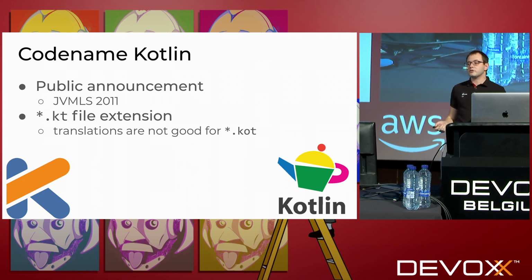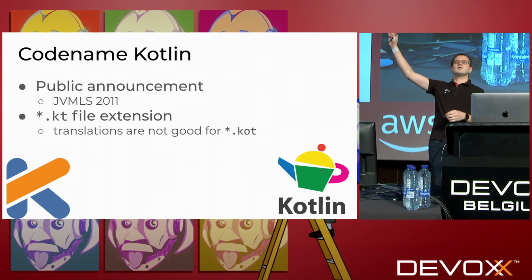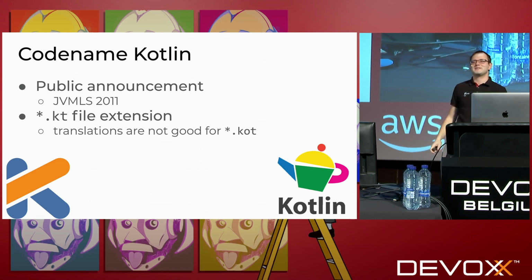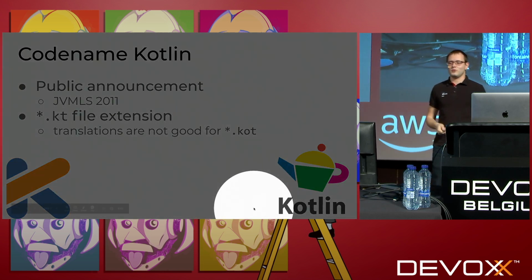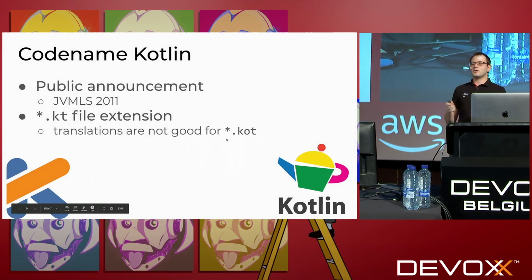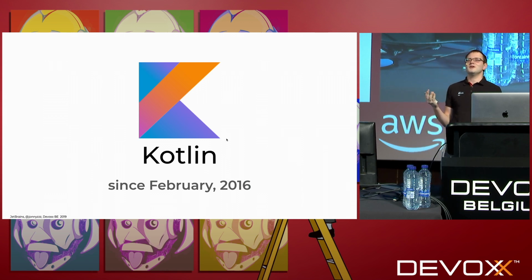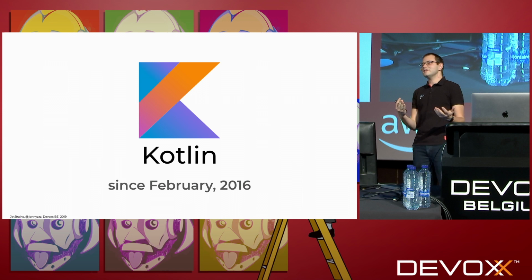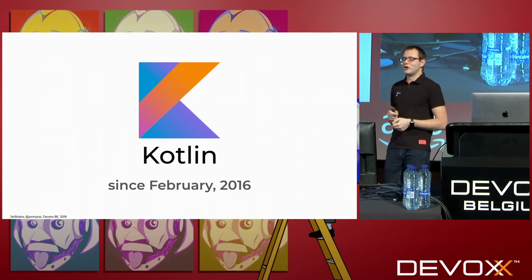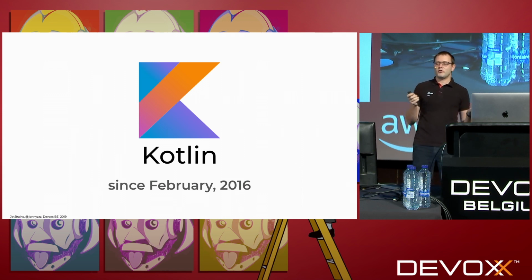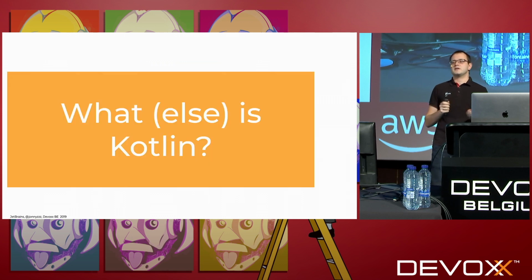And the logo on the right, this was the first logo of the language. Do you remember that logo, by the way? Oh, a few hands. Great, you're with us. Well, then the logo was changed to this one, and the code name turned out to be the official name. It was selected temporarily, and it's still here. It's a great name, right? And back in February 2016, Kotlin was released.